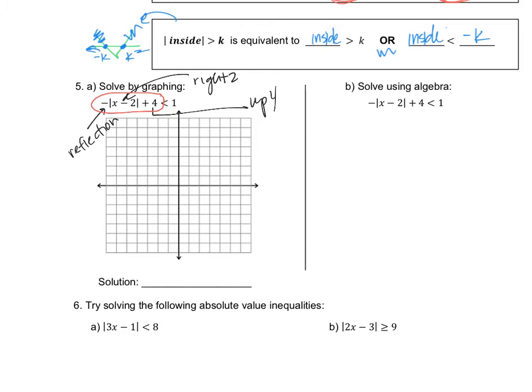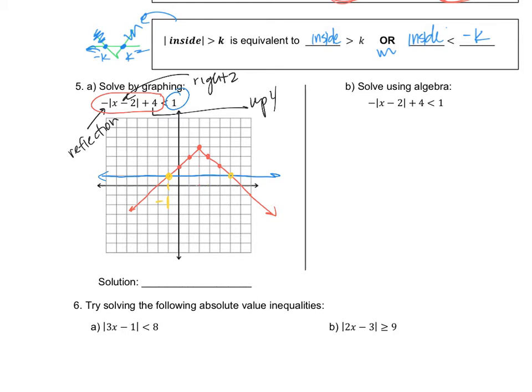So I'm going to move to the right 2 spaces, up 4, and then I'm pointed downward because I had that reflection. And these are supposed to be straight lines here, as best I can make it, and it's going to keep going. And then on the other side I have a 1, so that's going to be right here, y equals 1. And so you can see where I'm touching right here and right here, which matches up with a -1, and